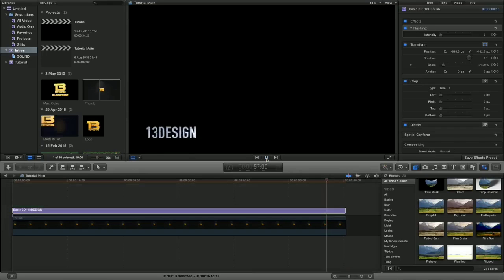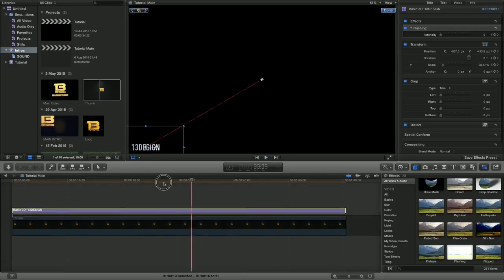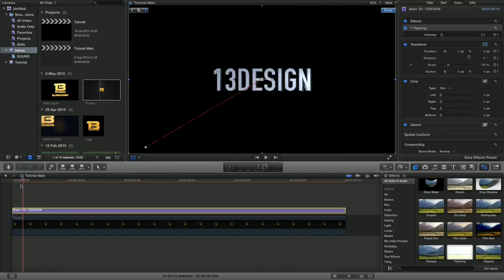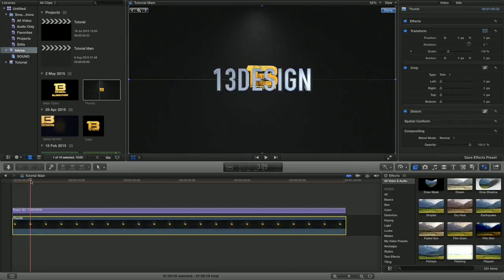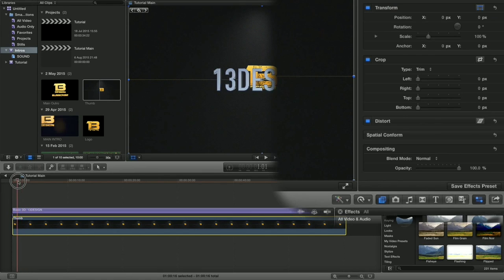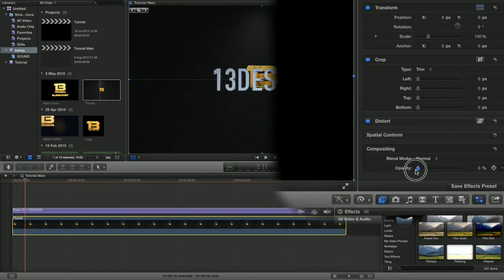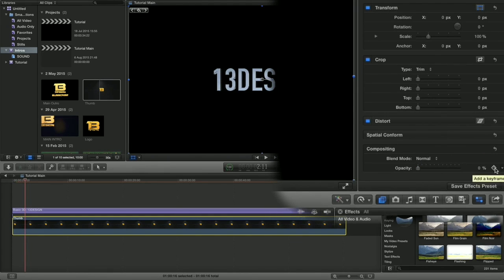Excellent. Now all we need to do is to make my main video clip work nicely with my intro, into my logo, into my outro. So I'm going to highlight it, press V to activate it again. But what I'm going to do with it selected, I'm going to go to my opacity and drag it right down. Okay, then I'm going to click keyframe